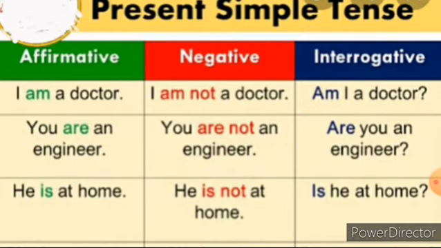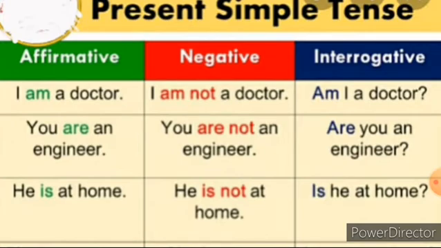I am a doctor. This is present tense. At present, he is, what is his profession? He is a doctor. The habitual action, or we can say an action that exists, is usual. Yesterday also he is a doctor. Today also he is a doctor. And tomorrow also he will be a doctor. So this is an action that exists, is usual or is repeated. For that purpose, we can identify the tense as simple present tense. I am a doctor.